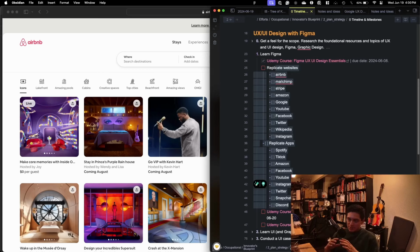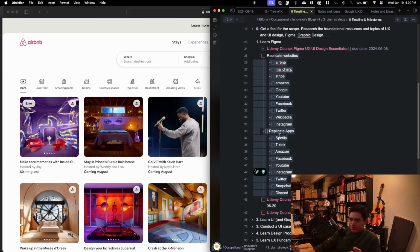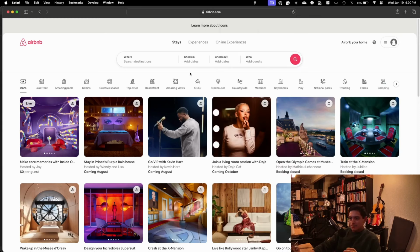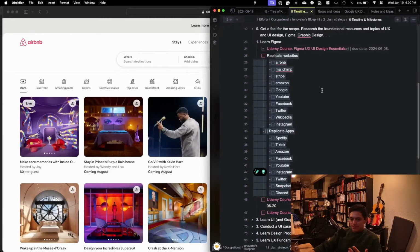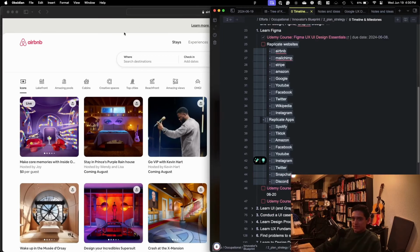Maybe I'll replicate just a few and then take these courses. But the idea really is just to understand Figma, but then also start to gauge how these well-visited websites set up their websites. And then after that, because there's lots of components and lots of other common icons,